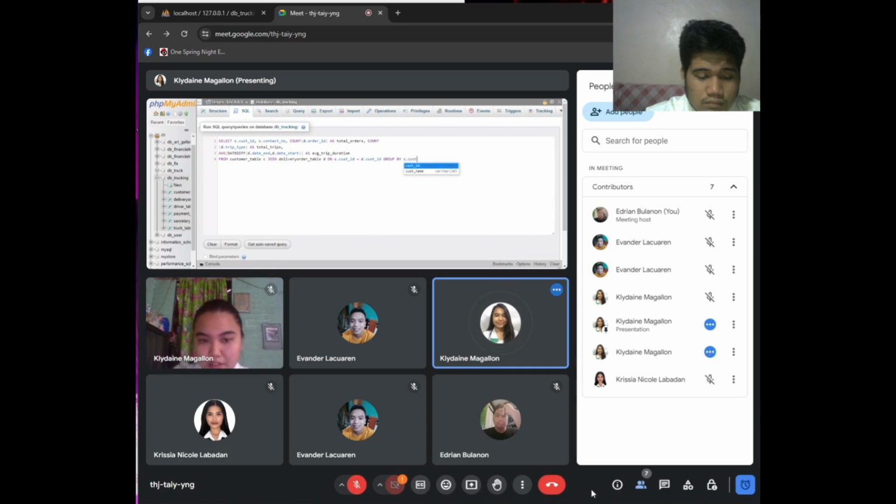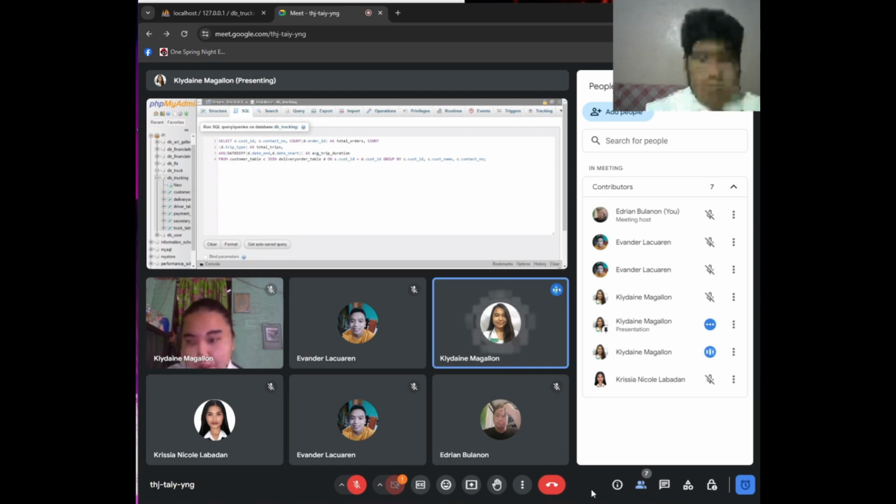customer ID, the customer name, then the customer contact number. So the count of the delivery order ID counts the total number of orders for each customer.